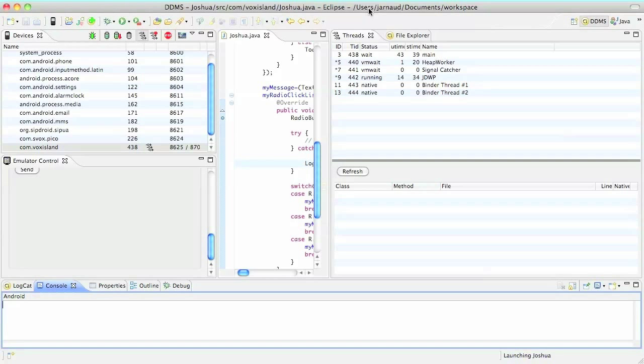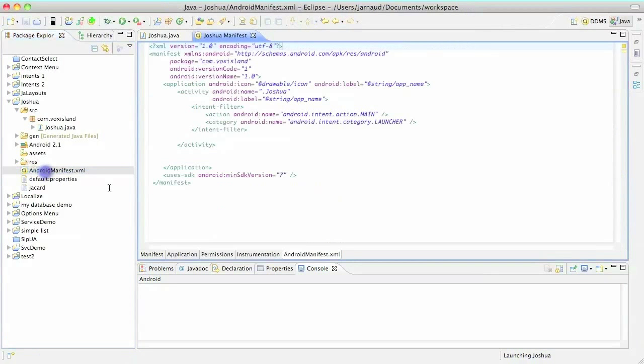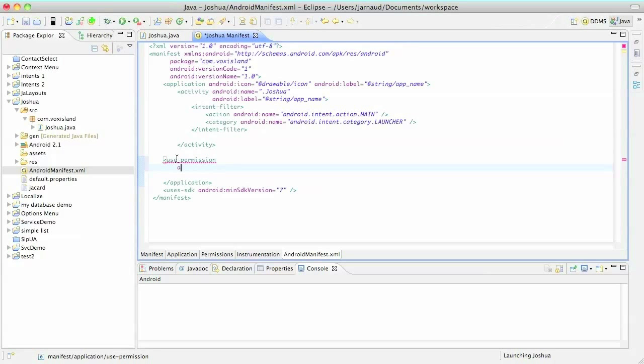Okay, so what we're going to do is activate this profiling and write some profiling information on the phone, and actually on the SD card of the phone. So remember that if you want to do that, you need to have permission to do it. That's why I'm going back here in the Java perspective. I'm going to open the Android manifest file here, and I'm going to say here that I want to use a permission, as we've seen previously, and its name is going to be